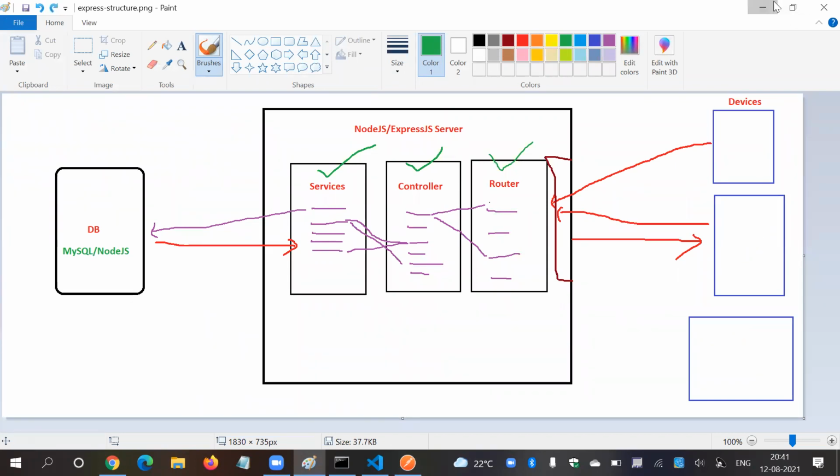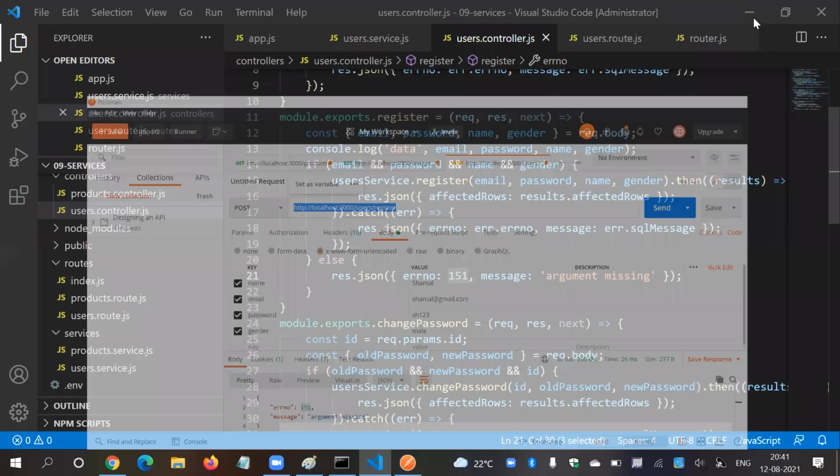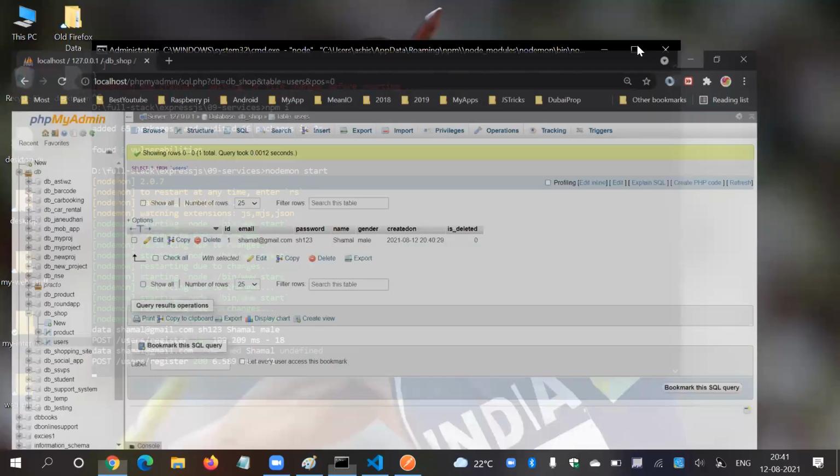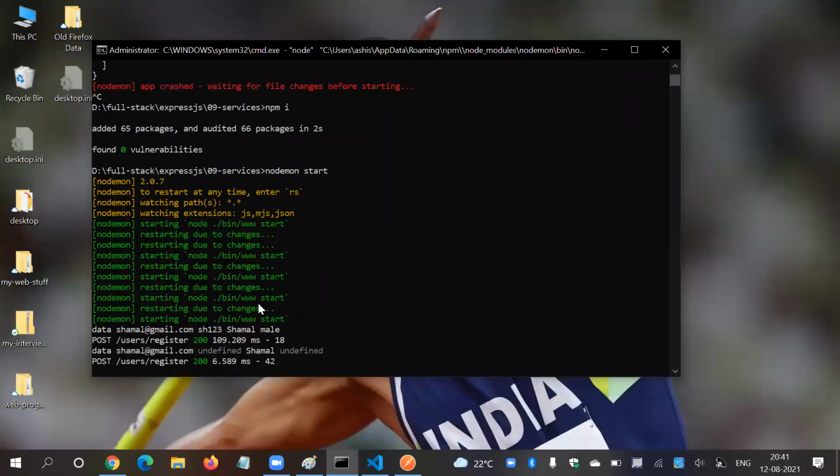So let's jump to the React side. Let's minimize this and keep it running. Here, if you see what happened, we are getting email and name. What happened to these two things? Oh, sorry, here it is missing. This is perfect.